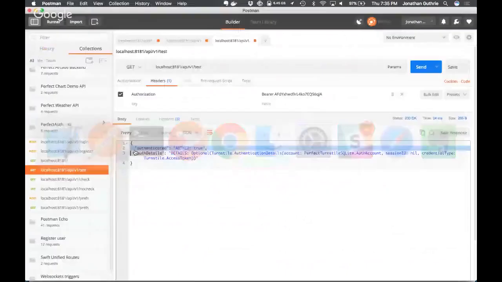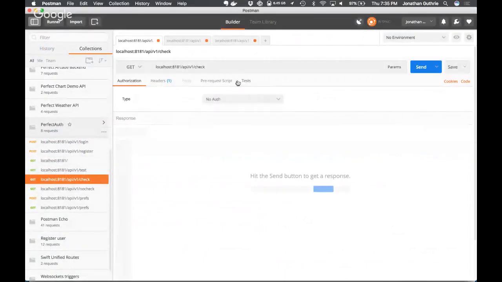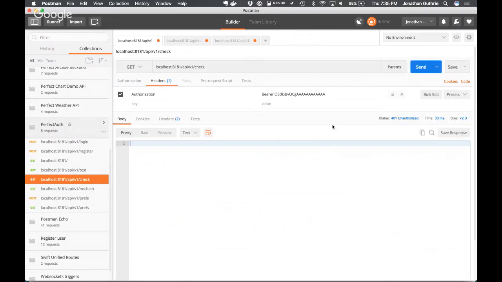We go back to Postman, and under the authorization bearer token header, we've got a completely invalid token. I press send, and it gives me a 401 unauthorized. Instead of processing it, it's stopped it from even getting to the handler. And that's the whole point, right?